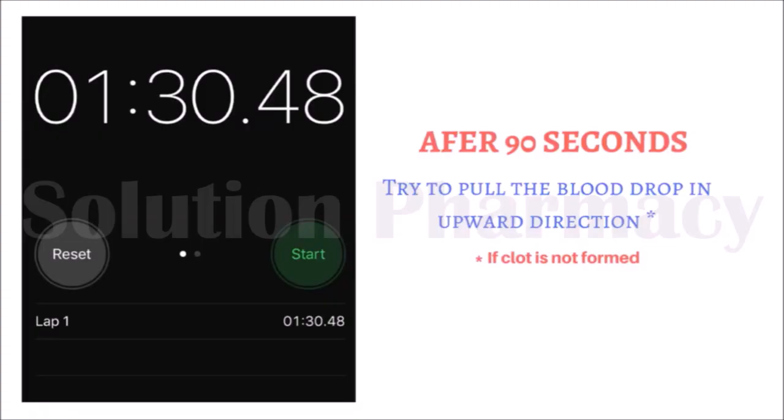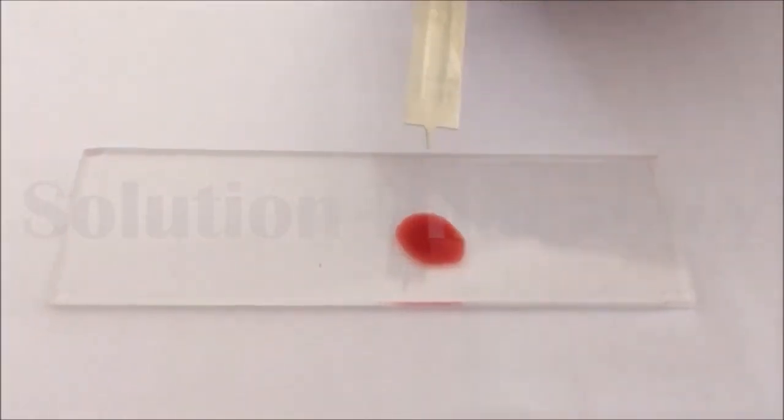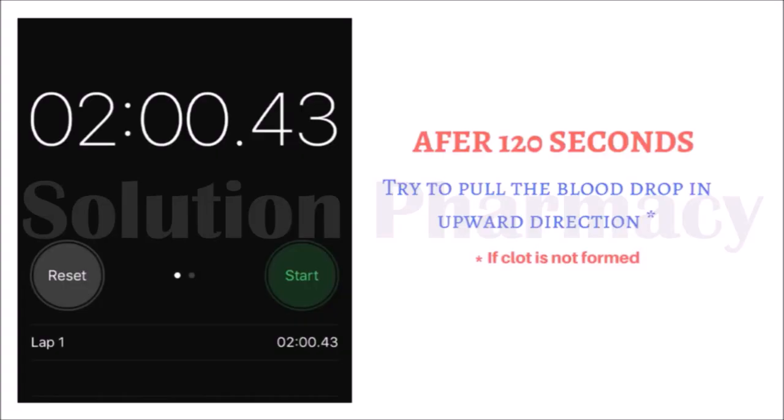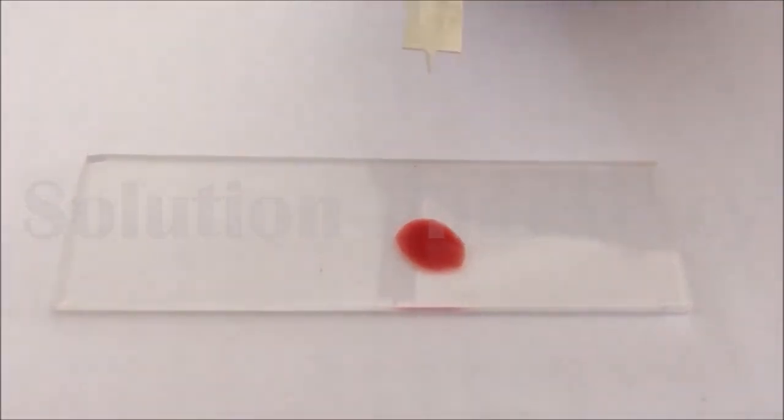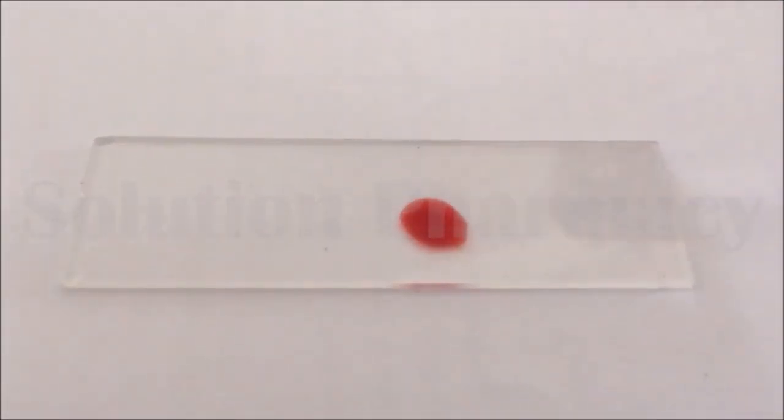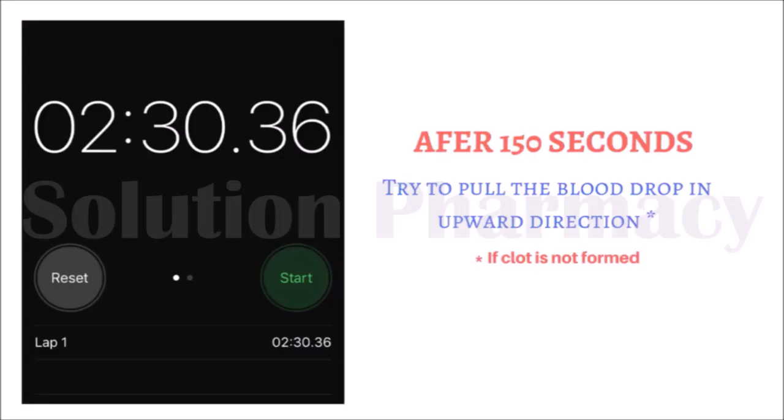Again after 30 seconds, meaning a total of 90 seconds from the beginning, repeat the same process. Again the blood clot is not formed. After 120 seconds from the start time, again repeat the same process. If there is clot formation, then you can observe the formation of a thread-like structure, that is, the formation of fibrin thread. After 120 seconds, the clot is not formed, and finally after 150 seconds, again repeat the same process, meaning try to